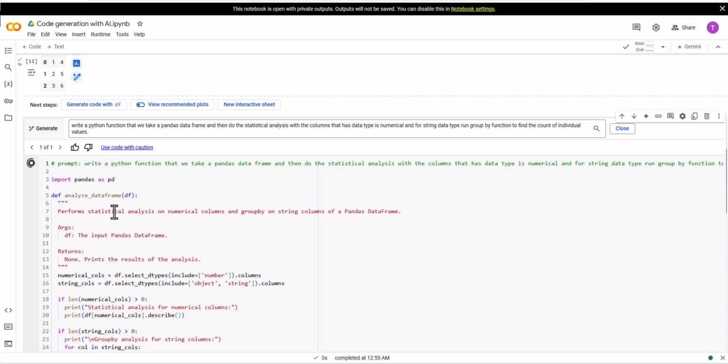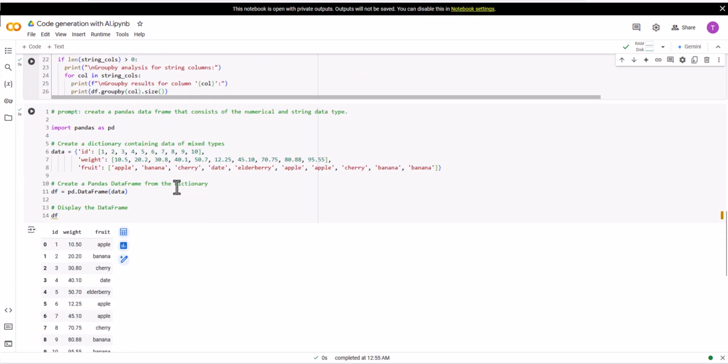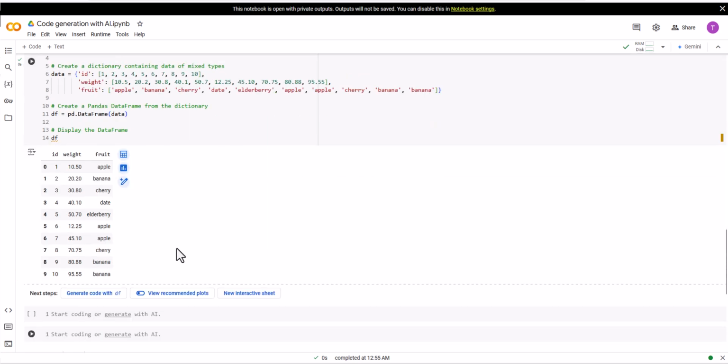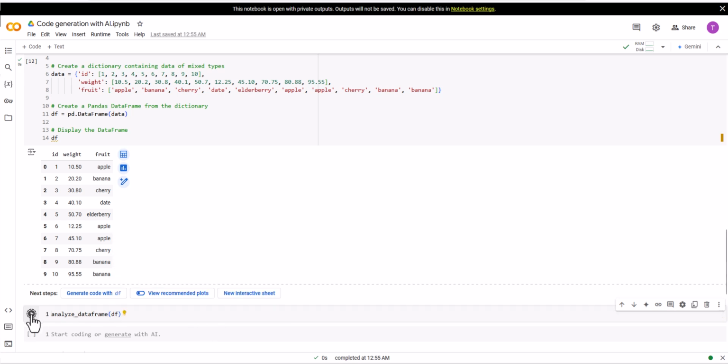Ideally, this analyze data frame function should take the data frame name and then give me the statistical values for the weight and then a group by function for fruits. So in that case, if I call analyze data frame and put df and run this code,